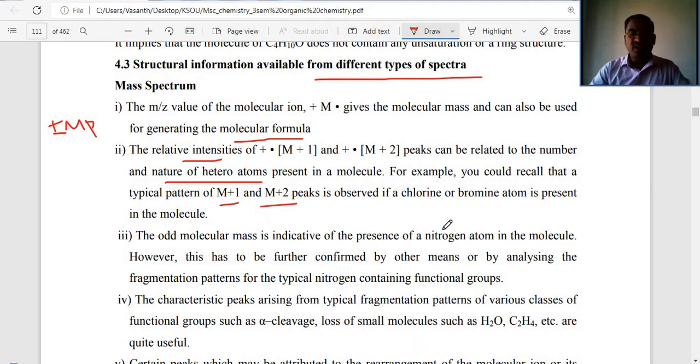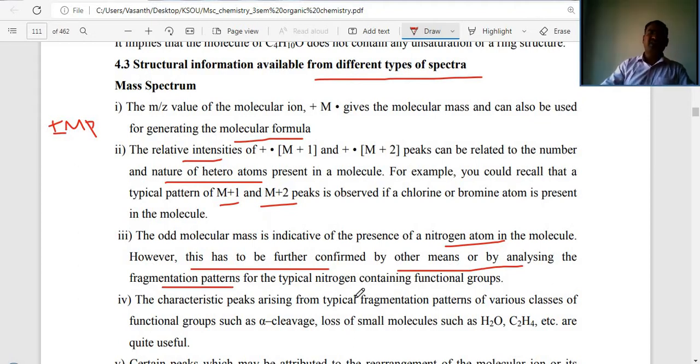The odd molecular mass is indicative of the presence of a nitrogen atom in the molecule. However, this has to be further confirmed by other means or by analyzing the fragmentation patterns for the typical nitrogen